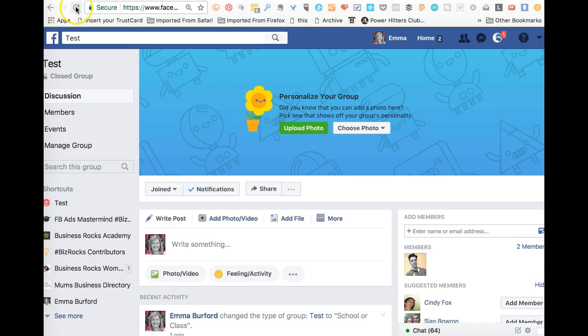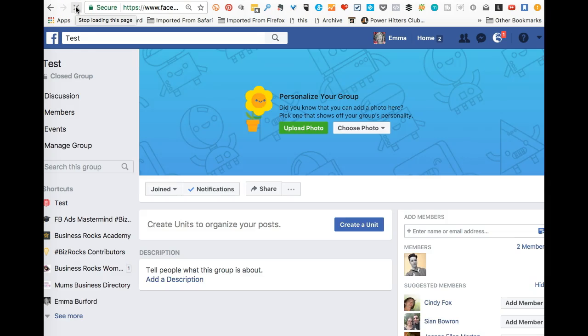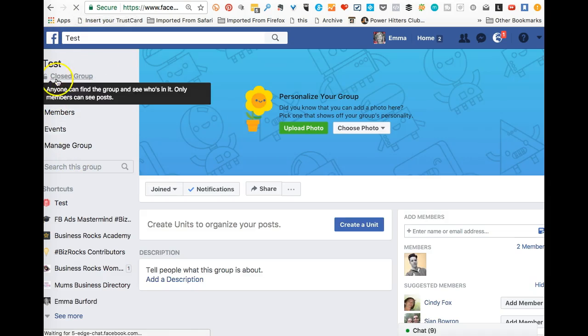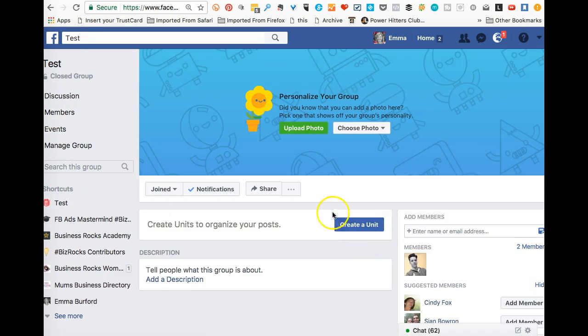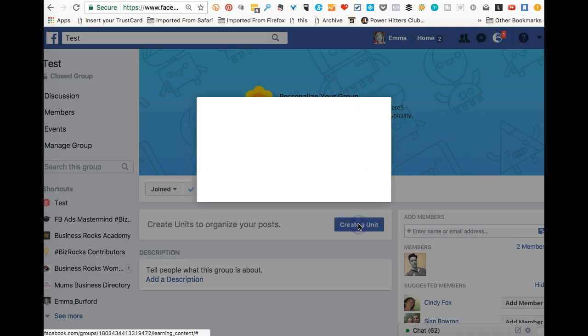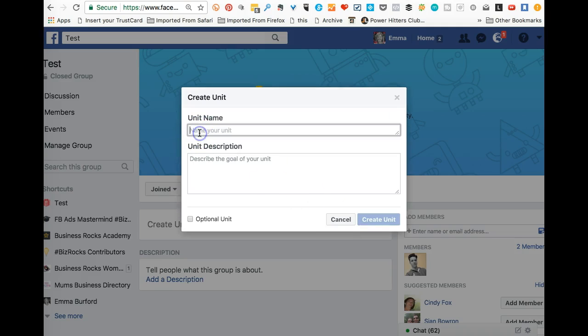Okay, so I'm just going to refresh the page, and then you'll notice at the top here along here you've got create a unit right in the middle. So let's just show you how you do that. If you are doing a course, you may want to number and name these. I know I've been doing that in my new group that I've been setting up this morning, but if you want to just put in unit, it's going to say that actually, so if we just put in one